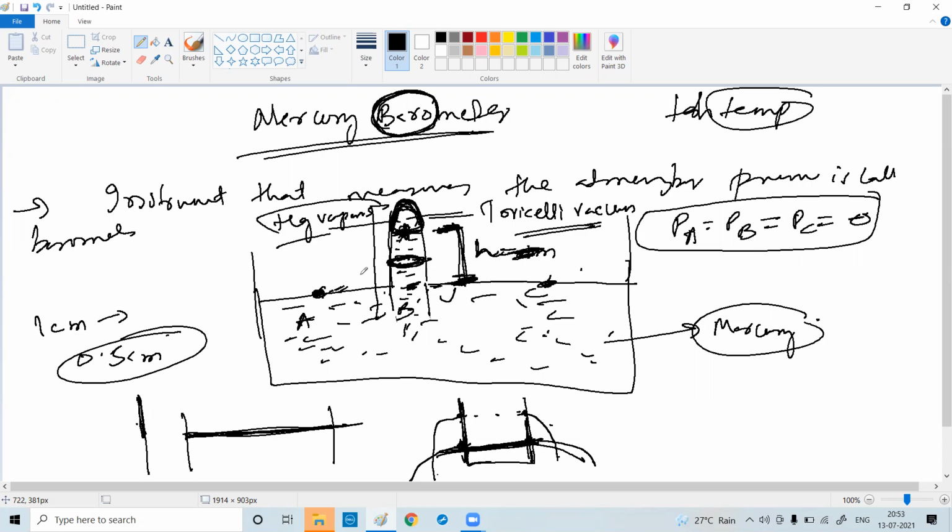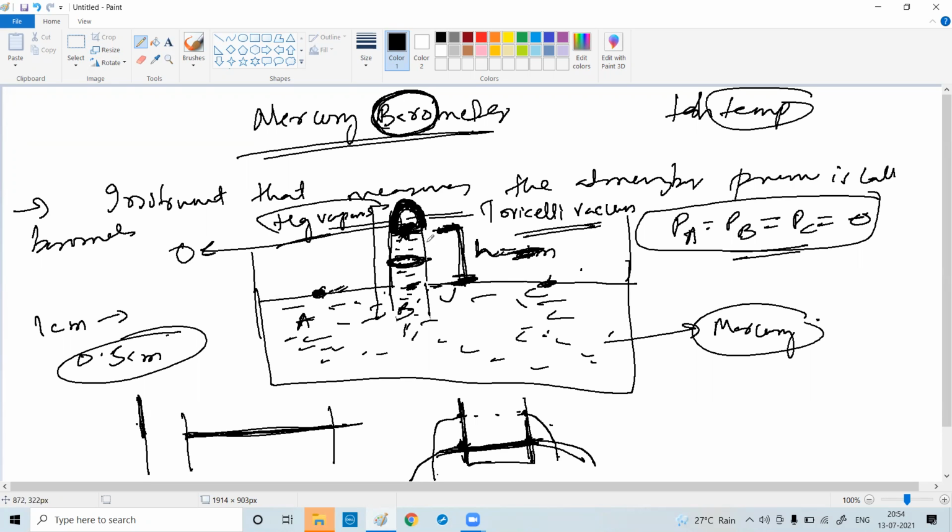Clear? So now we will try to measure what the pressure is. How to measure? We know that PB here, and here, is all the same. Understood? And since we said this part of the glass lid is a vacuum, if it is a vacuum, then what will be the pressure here? Zero or not? Yes, because there is no air there.